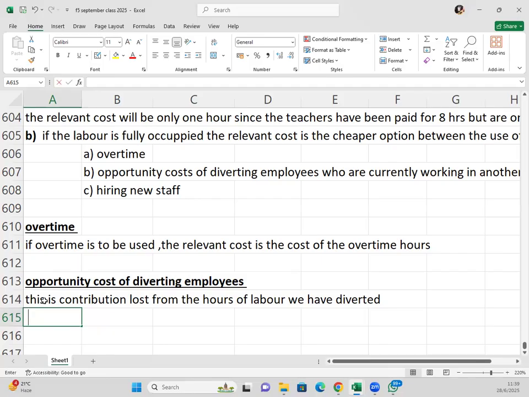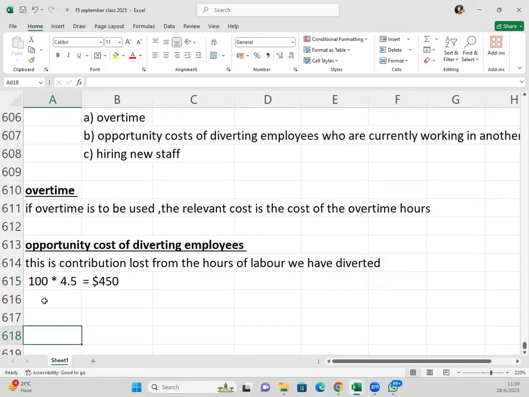So if we need the employees for 100 hours, you'd say 100 times how much profit were they getting per hour in their department? You can say if we were getting $4.50 per hour. So it means the contribution lost would be 450, sorry. So that is if the employees were working in another department and you have to divert them to work on